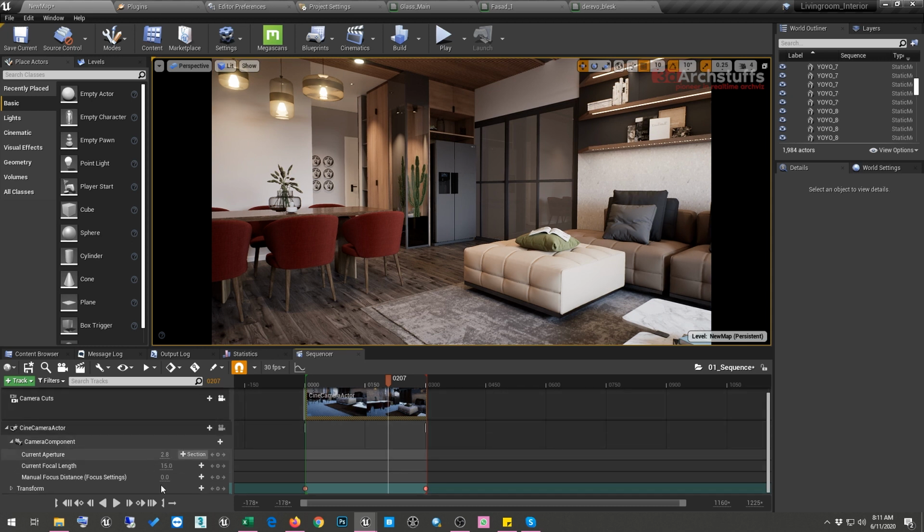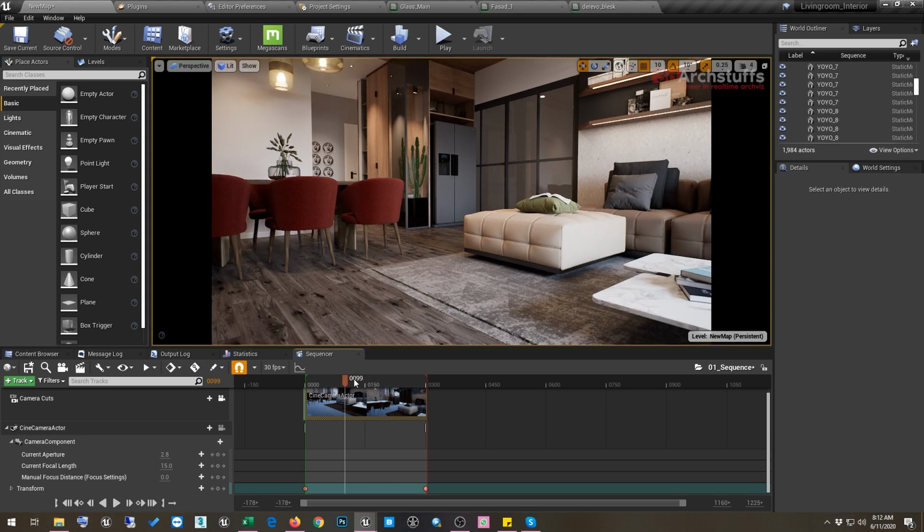You can animate and give lots of camera animation and make an amazing cinematic camera, but that is not the main case. The main case is how to render that cinematic video as perfectly as possible, and that is the main thing which I am going to explain in this tutorial further.